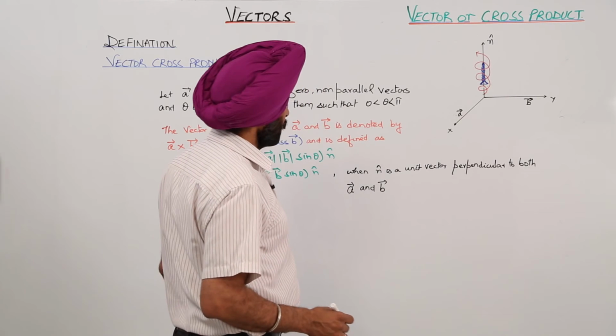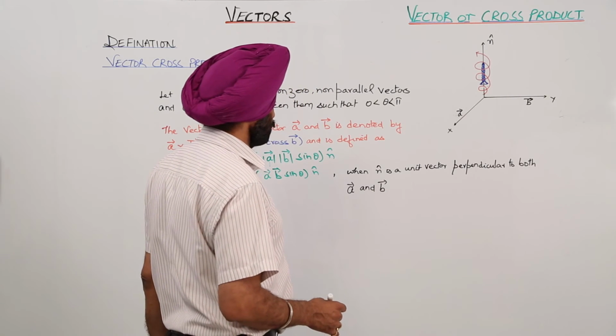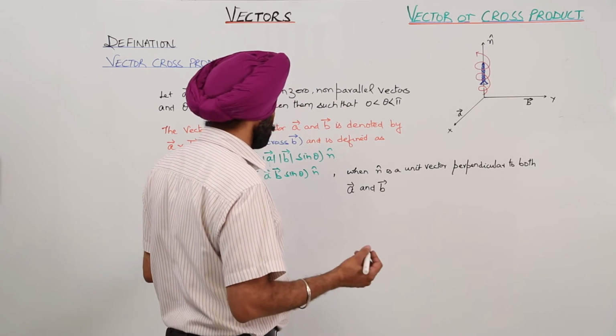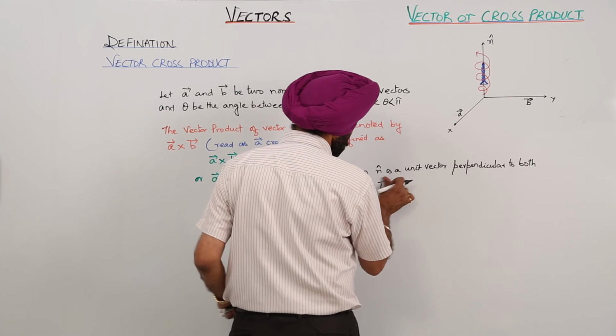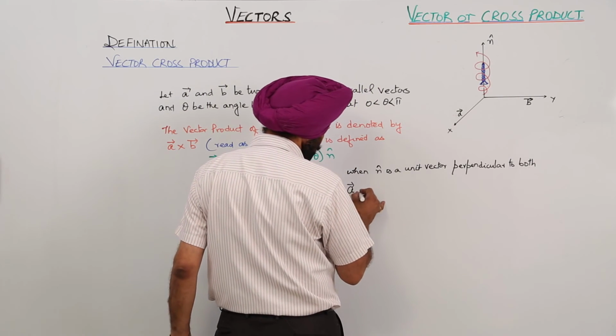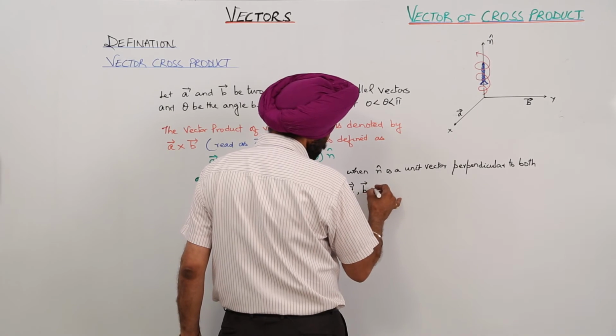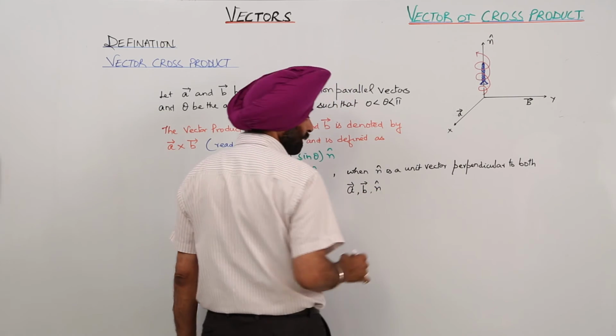So when n is a unit vector perpendicular to both vector A and vector B, we can write a nice statement: vector A, vector B and unit vector n